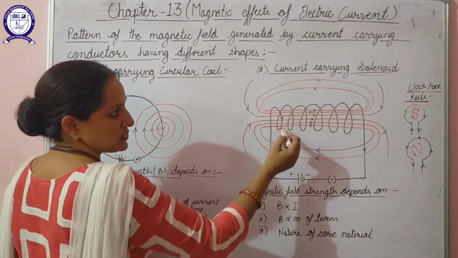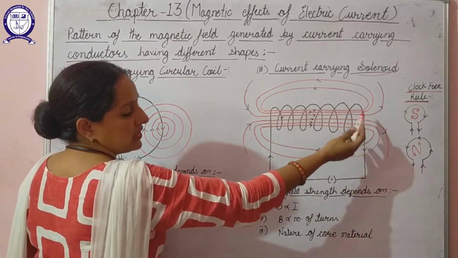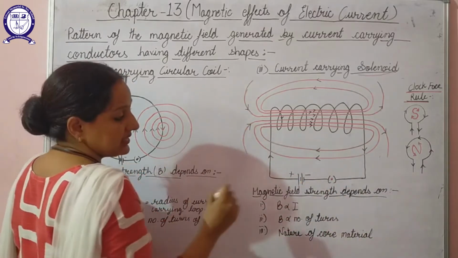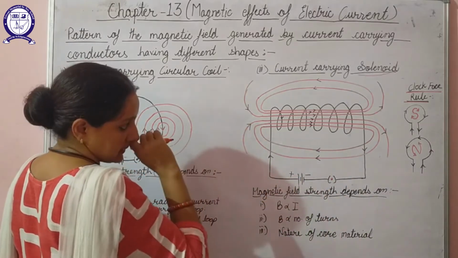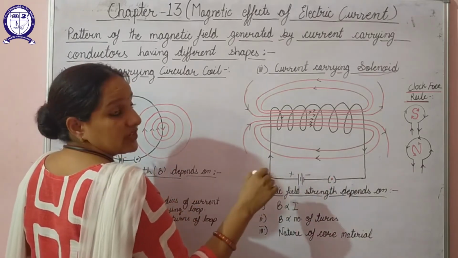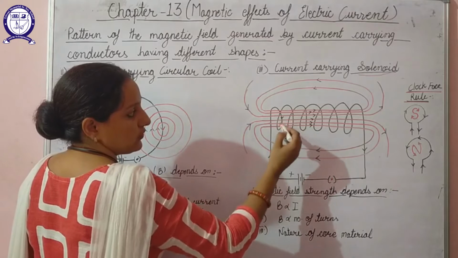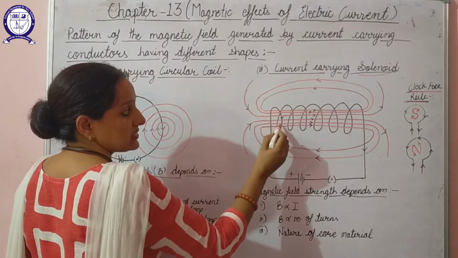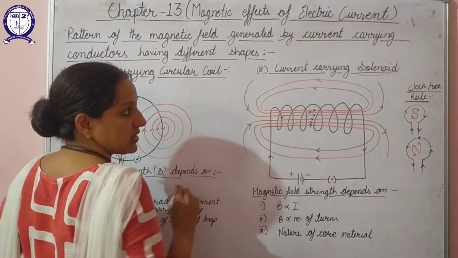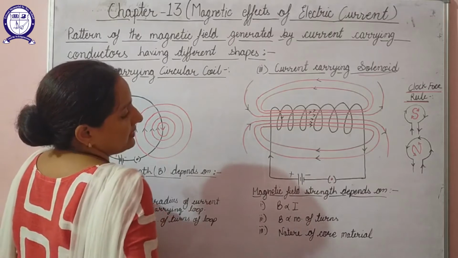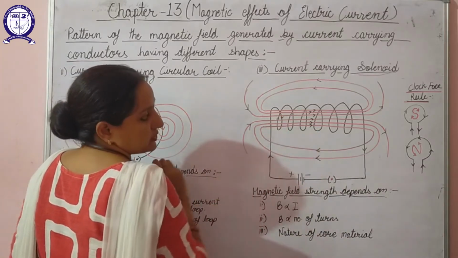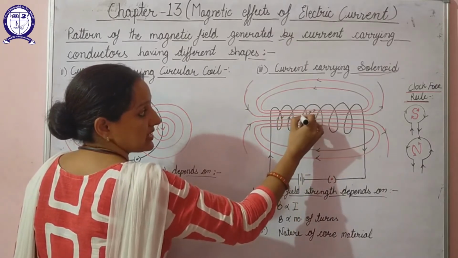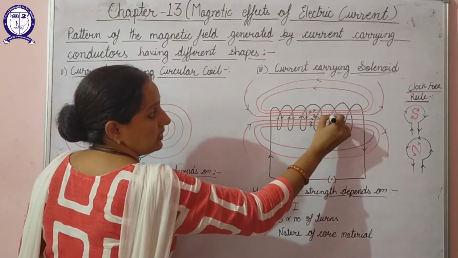So here I have shown a solenoid. This has a large number of turns. I have connected the two ends of the solenoid to a battery with the help of a key. Here the polarity of the battery is this. Now when you turn on the key, current will start to flow through this coil. Here the direction of current will be upward. If we consider the turns of the coil, in this turn it is downwards, and in this portion the direction of current will be upwards, then downwards and upwards, again downwards and upwards. Like this the current will flow.